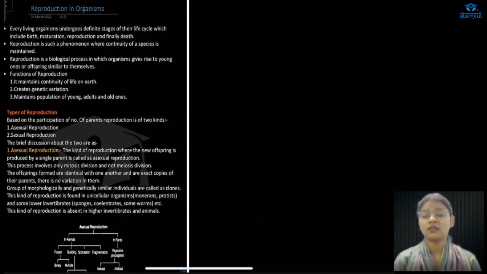So this chapter is basically what we have studied in class 11. What is the reproduction in animals? What is the reproduction process in plants? What are the reproduction processes in bacteria, fungi, and other kinds of organisms? All together, this chapter will include all kinds of reproduction, whether it is asexual or sexual, whether it is in plants or in animals or in microorganisms. We will study all together in a combined chapter. So this is the first chapter, class 12, and let us start.